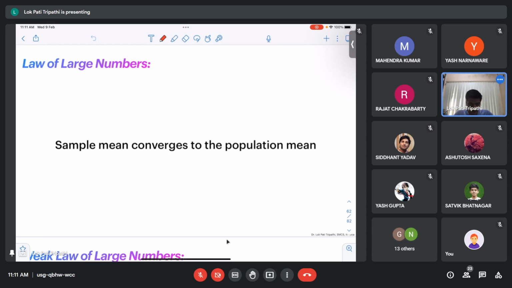Ultimately you are learning a significant part of stochastic processes. Okay, so there are three, or you can say two, important results. One is the law of large numbers, and it is again decomposed into two results: the weak law of large numbers and the strong law of large numbers. And another one is the central limit theorem. Roughly speaking, the law of large numbers says that the sample mean converges to the population mean.